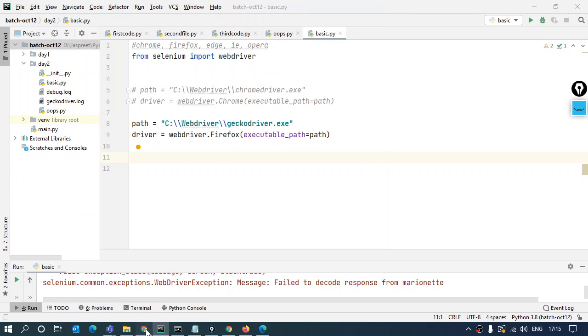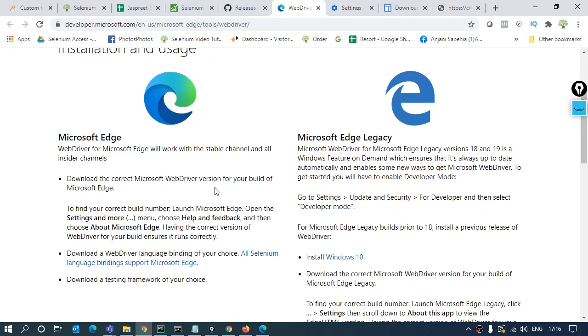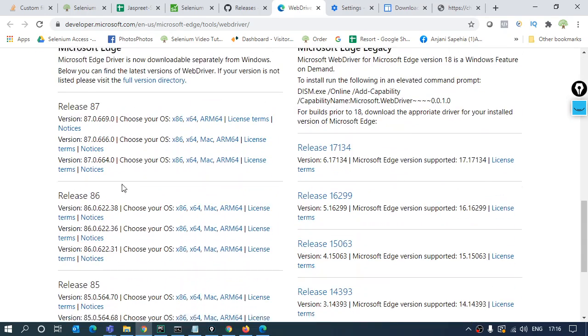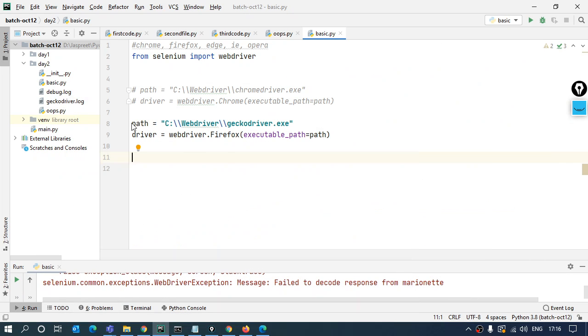If I go back for the Edge browser, this is where I'll get the Edge driver from this link. According to the version that you have, you can get it from here. Version 87 has come, I am using 86, so I'll get it according to my system configuration. It's for Windows 32, 64, Mac, and so on. And the same thing is going to happen in Edge as well.